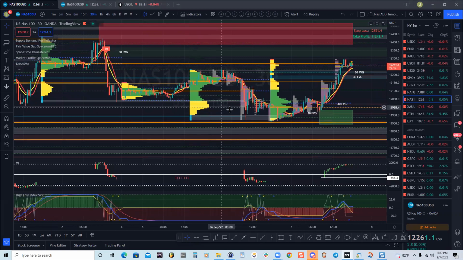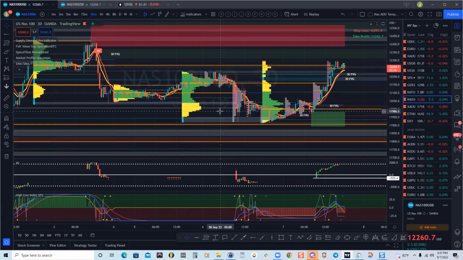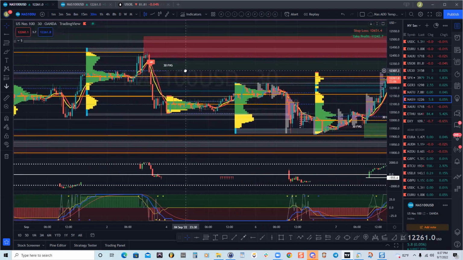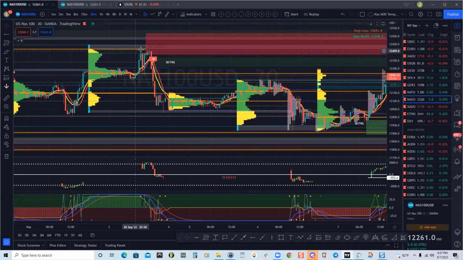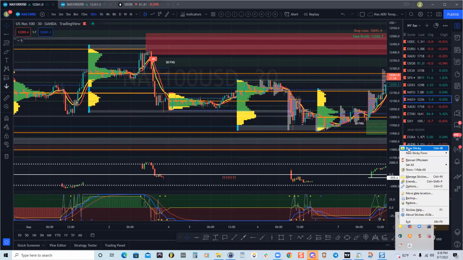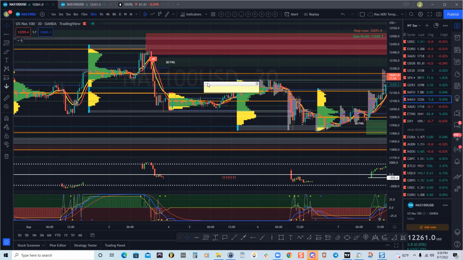Okay, so this is what I found out when I was on a call with Steve earlier, Steven. I think this is what it is. They call it naked PLCs. So the PLC that hasn't been touched yet. Let me see if this makes sense. Because today was a weird day for NAS. I looked at it and said, well, NAS eventually did go bullish, but